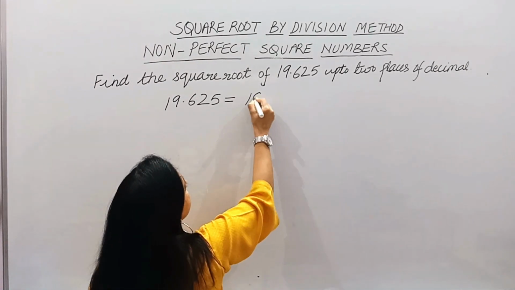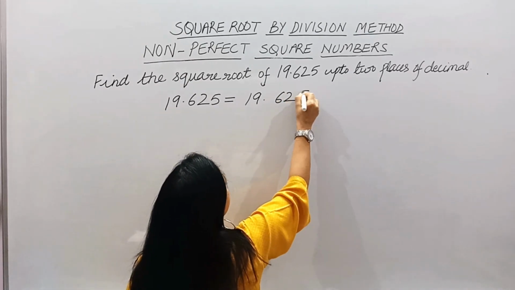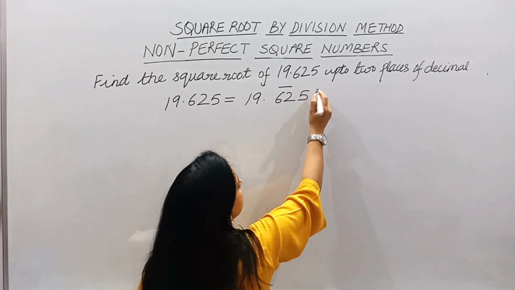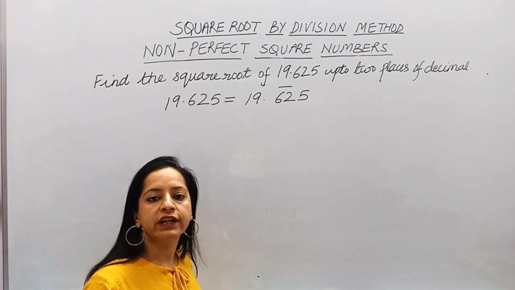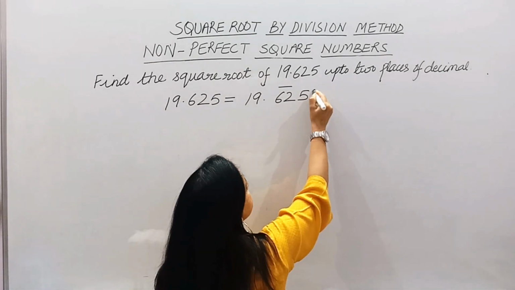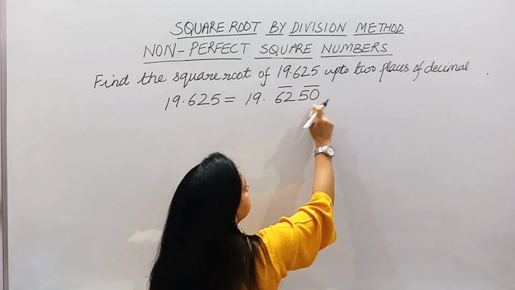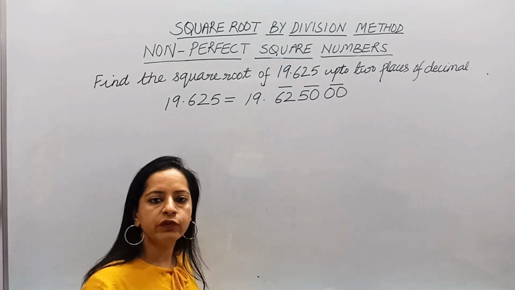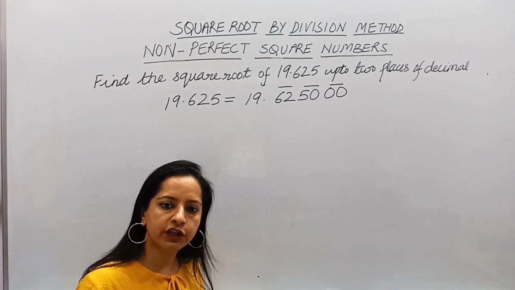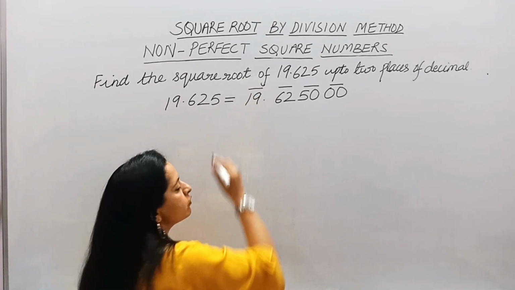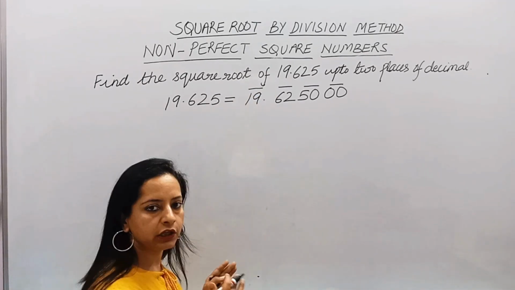So here, since we are doing the pairing after the decimal, we start from the left. So first pair, and after the decimal, you can add any number of zeros. Here, since 5 is alone, I have put a 0, this is another pair, and I have put 2 more 0 to form another pair. So now we have 3 pairs of digits after the decimal. Now, before the decimal, we have 1 pair. So we have done the pairing. Now let us start.